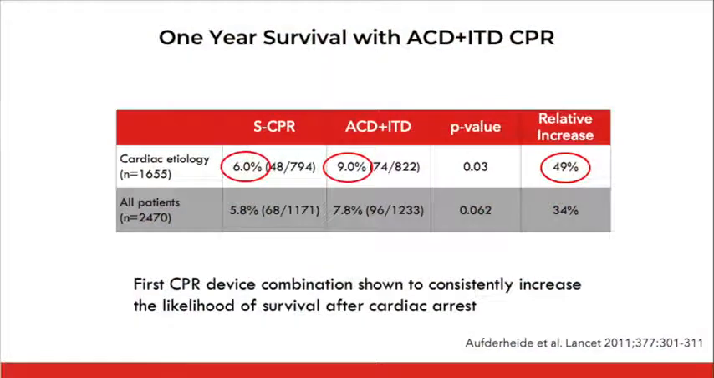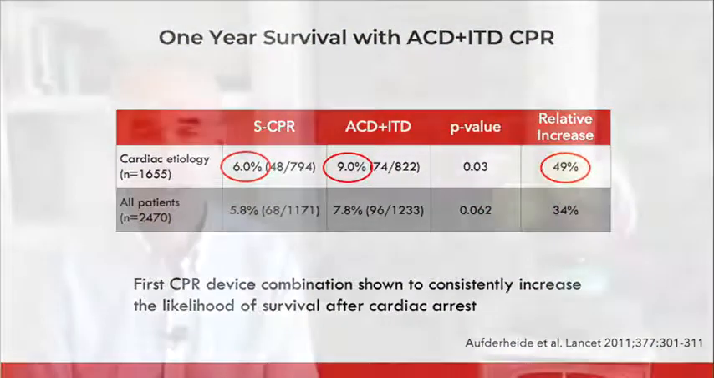And in fact, 50% more people are alive at the end of a year in one large study by Aufderheide and colleagues published in Lancet compared to conventional CPR. We call that active compression, decompression, or ACD CPR. And we call the impedance threshold device the ITD. So if you use the combination of ACD and ITD, that's better for the patient's heart and brain, but still